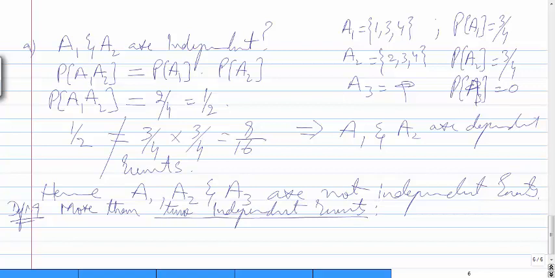For that case we have this definition, and it says that if n is greater than or equal to 3, the set A1, A2, and so on up to An are independent if and only if